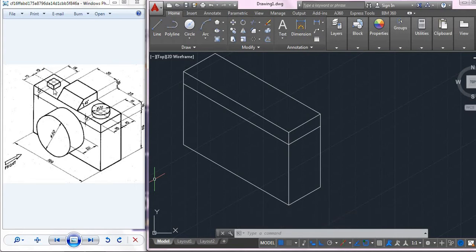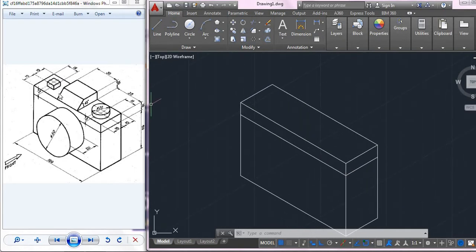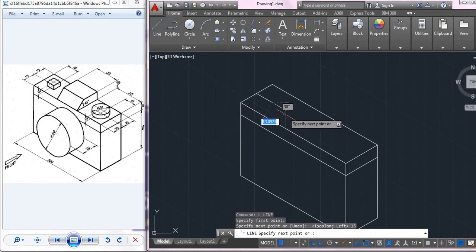So, first I will be going for a button shape. Its dimension is not given. So, let me assume this dimension is 10 by 10, and we draw it. We go for a line from this center. It is at a distance of 15. I change my isoplane and I will enter 15. So this is the center point.